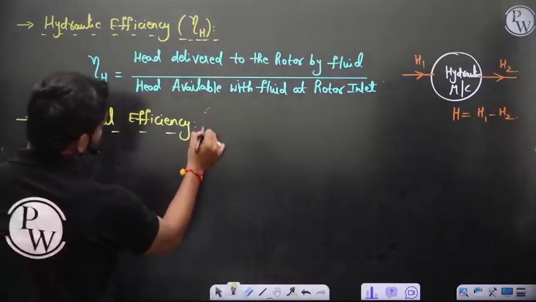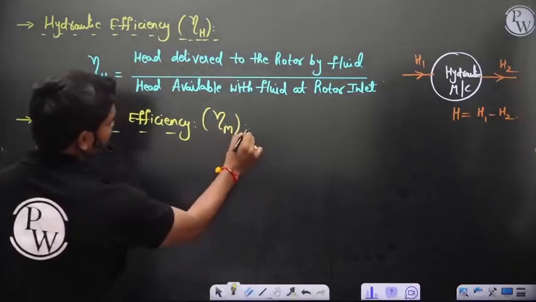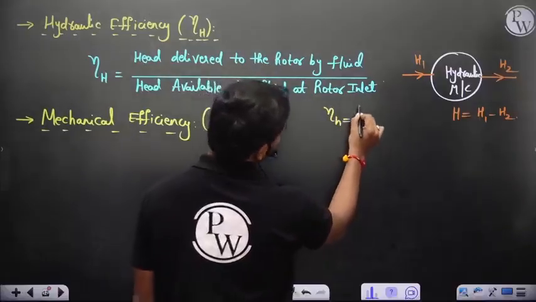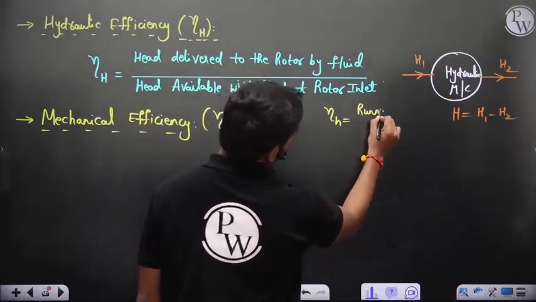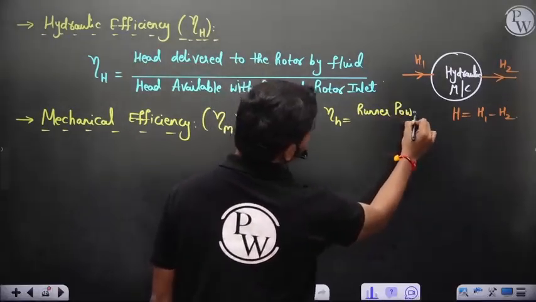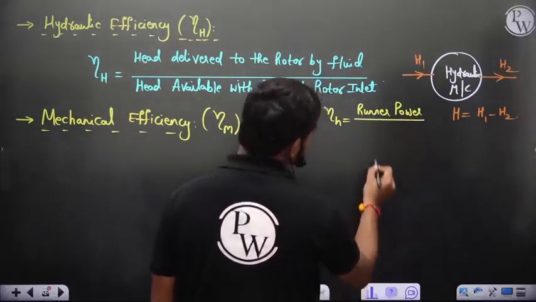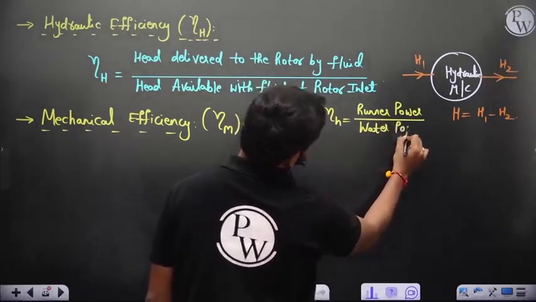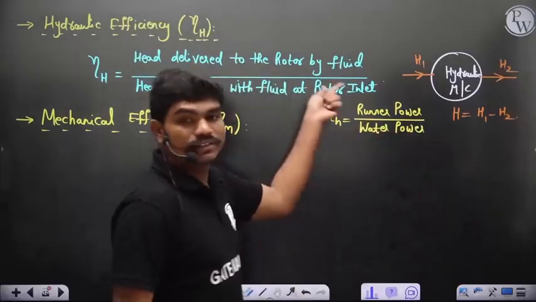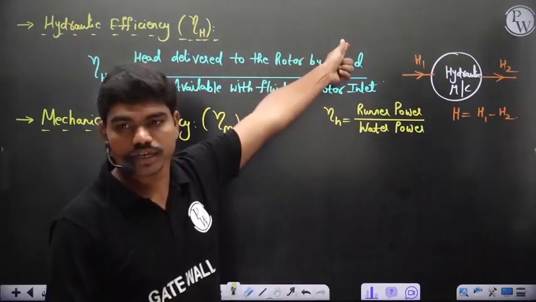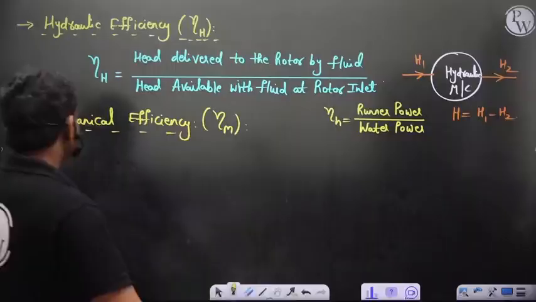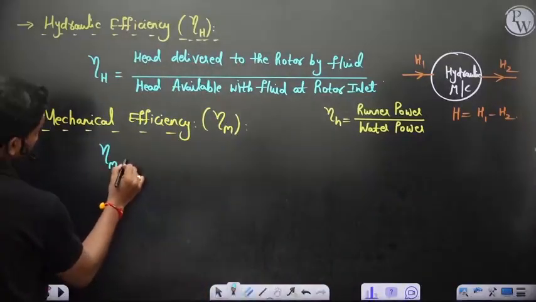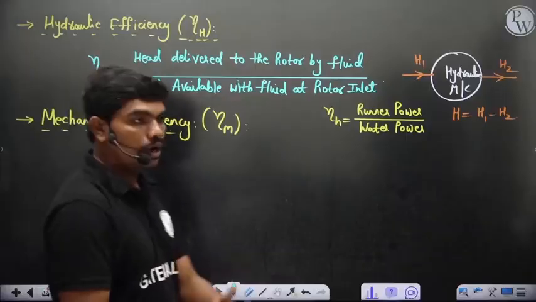It is denoted with eta m, or eta mechanical, sometimes. Some books write this as runner power, because if you are writing exams like SSC, JEE and all, they generally follow these local books. So water power, which is nothing but the power available with the water and the power transmitted to the runner. Okay, this same idea. So mechanical efficiency tells something like eta m is, now what happens once you transfer this